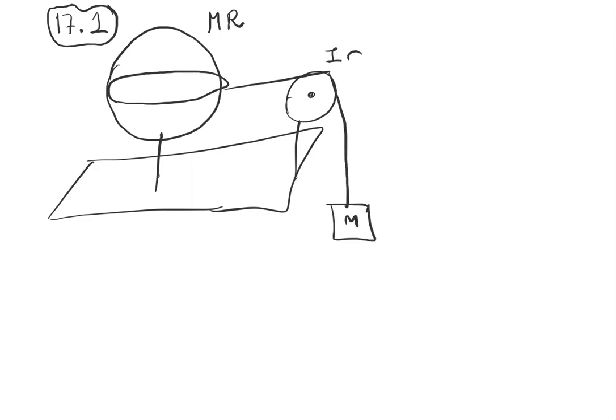And what will happen here is that if you let it go, this mass will start moving down. And the pulley and the sphere will start rotating because they are all connected with the rope. Now, this problem would be difficult to solve if I had to compute all the forces and torques. What I will do is I will try to solve this problem